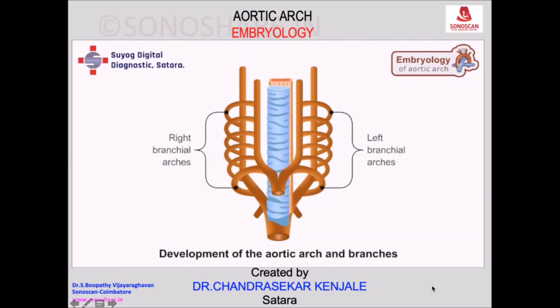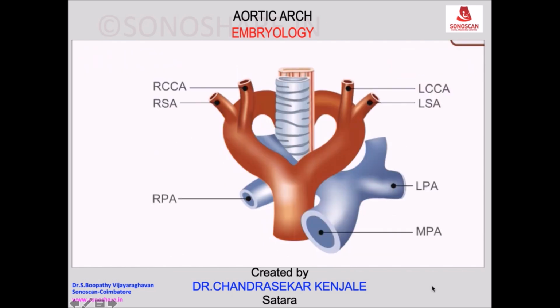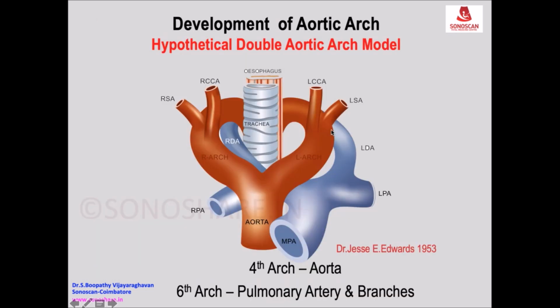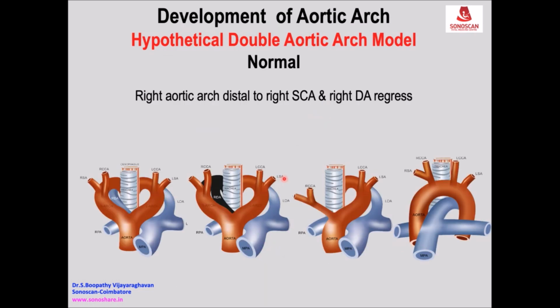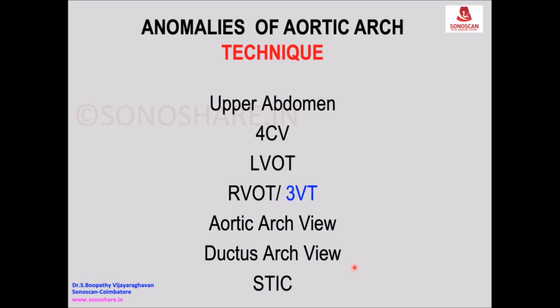Branchial arches and an intersegmental artery on either side are developed. Then posteriorly, the right and left pulmonary arteries form respectively. Two ductal arches both encircle the esophagus and trachea. So the anomalies of the aortic arch are due to regression. The left aortic arch and the left ductal arch persist. These two persist.